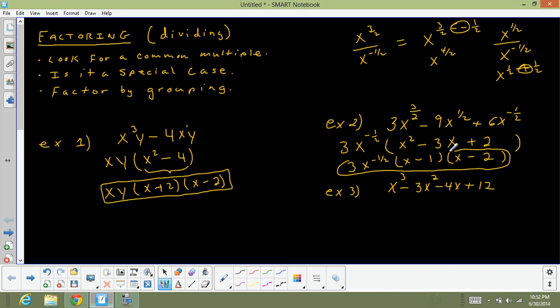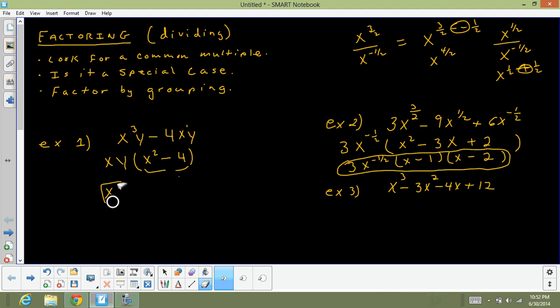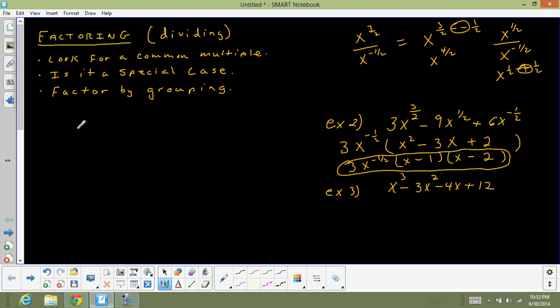But there's a little bit more I want to say about this in terms of this negative exponent right here. That negative exponent, since it's multiplied, what I can do with that negative exponent is move it to the denominator, thereby making that exponent positive. So this negative 1 half right here, let me just rewrite it over here. 3x to the minus 1 half, and then we have the x minus 1 and the x minus 2. What I'm saying is this term right here,